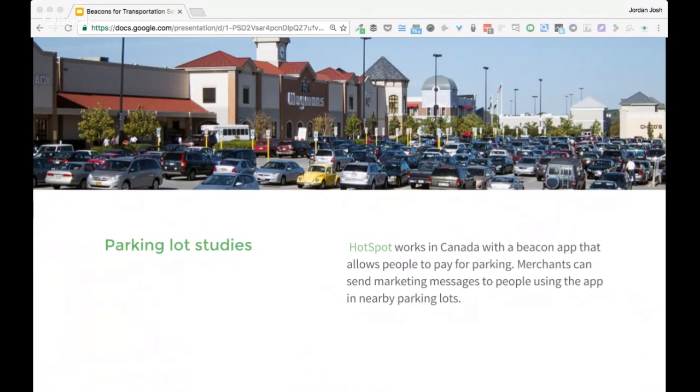And Access Mobility 24, to me, it looks like a bigger project. They had a really successful pilot in Chicago and then expanded to 4,000 beacons across the US, basically for sending proximity messages, letting shops and restaurants reach people parking nearby them. So maybe beacons aren't for everyone. Maybe you don't want to put them in your parking lot, but they seem to have had some good success,